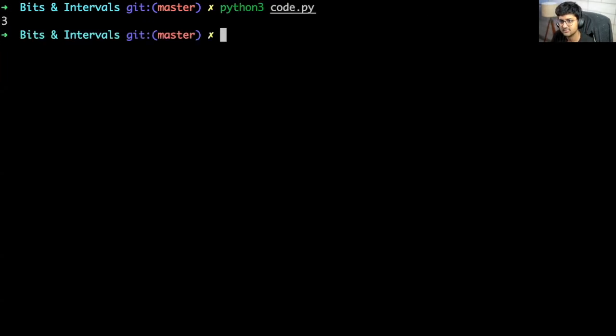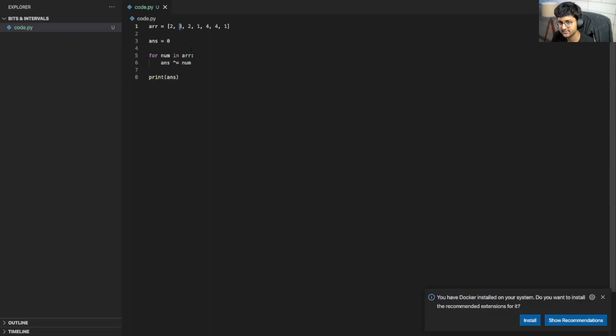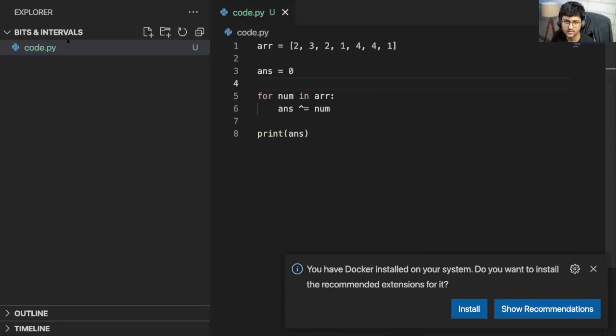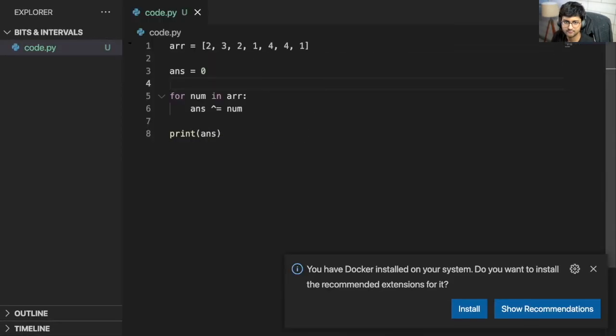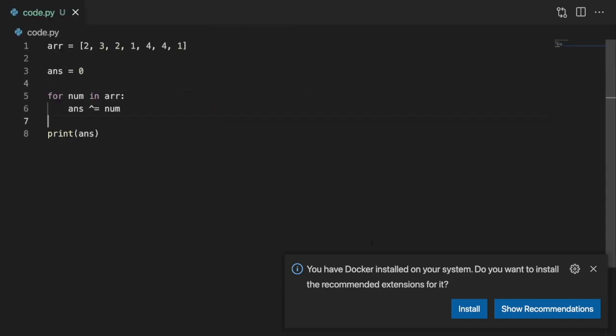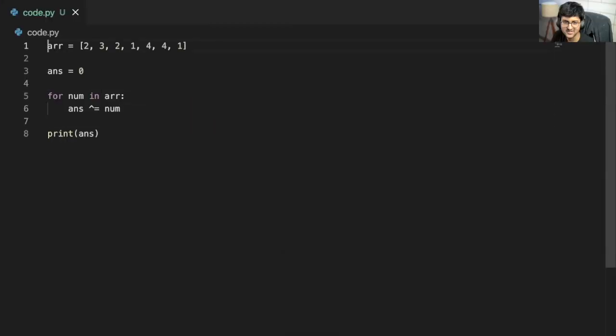Three. That is correct. Sound good? Yeah, thank you. How simple was it? Is there anything to do here? Just 2 lines of code. Very, very cool, right? Why were you using a hash map and everything? It's very simple stuff. Okay, let's move forward because we have a lot to cover.